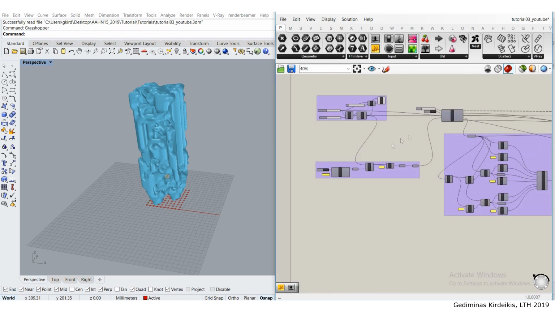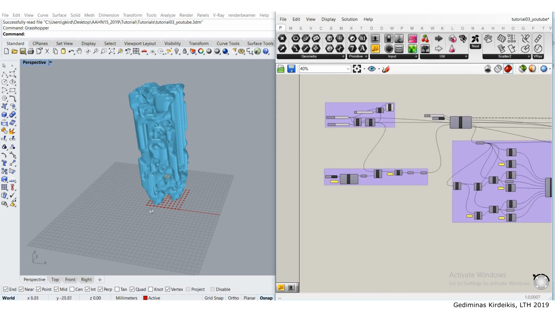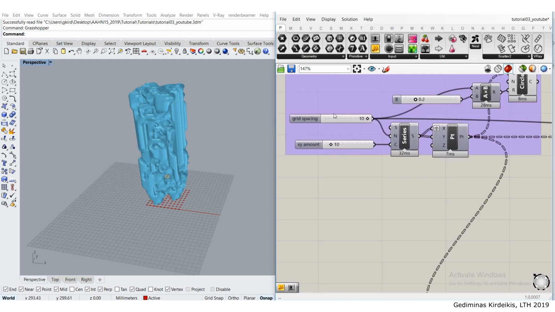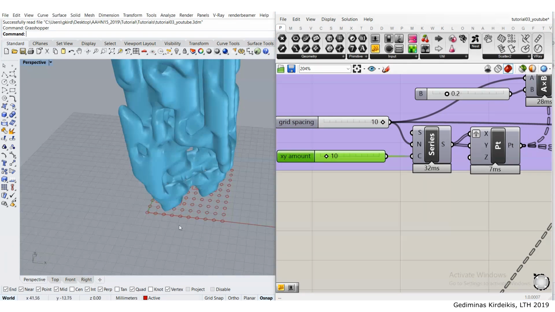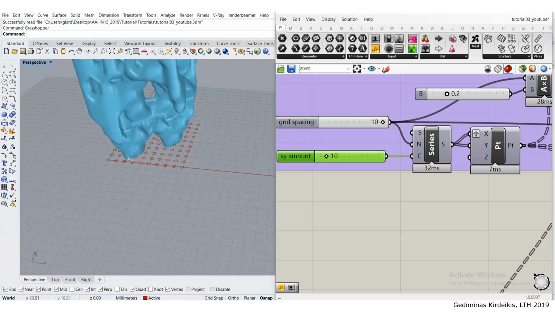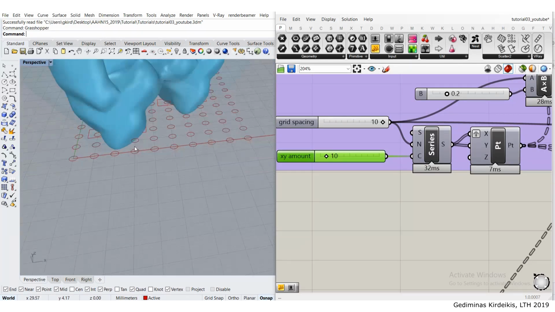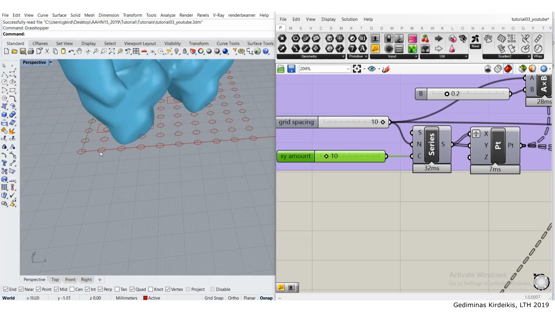If I go back here, I can see that my starting grid spacing is 10 units, and my XY amount is 10, right? So if I zoom in here, I can see that I have 1, 2, 3, 4, 5, 6, 7, 8, 9. In total, I have 9 cells,